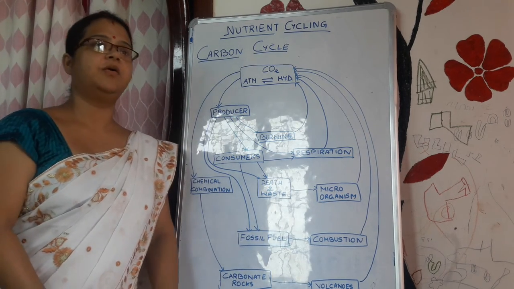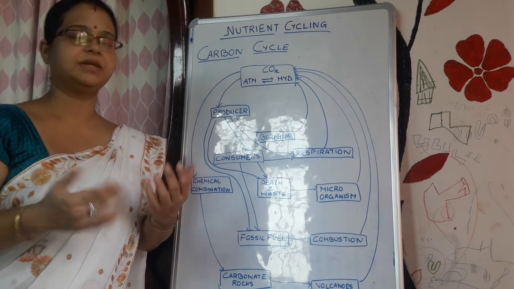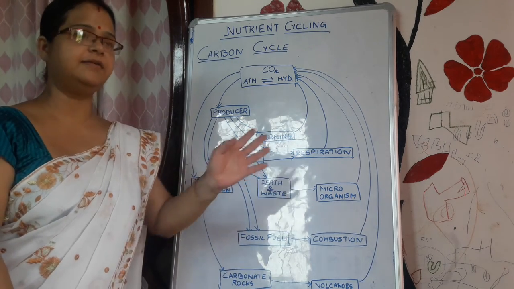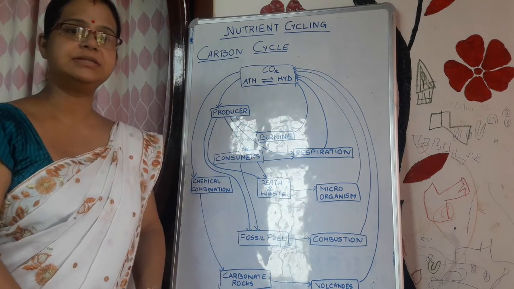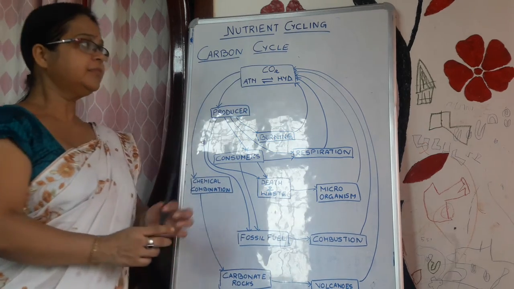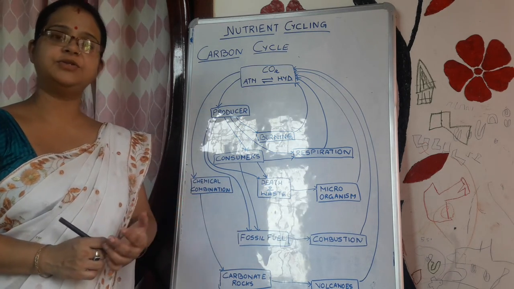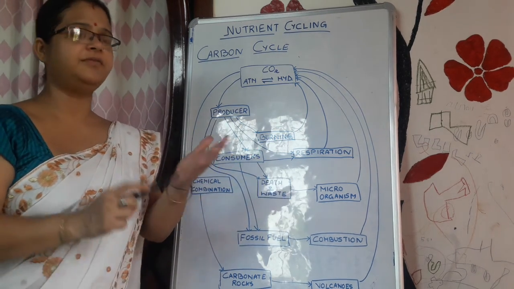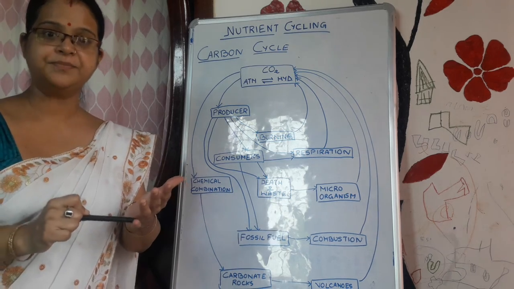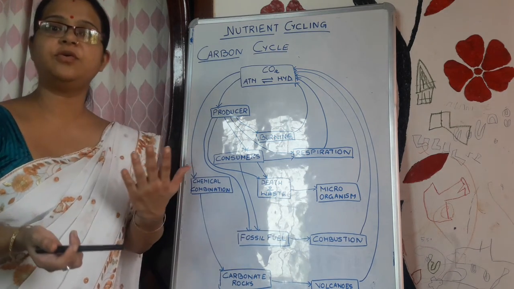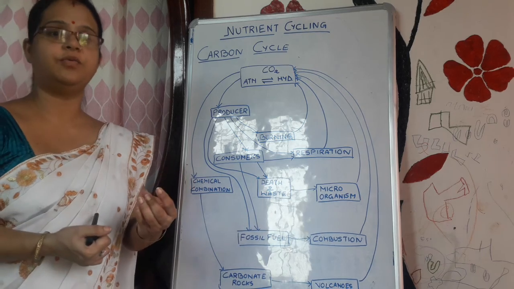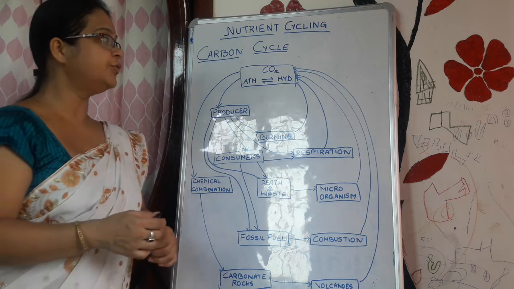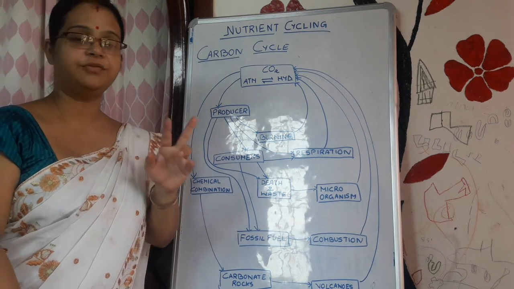That means organisms will take up the nutrients, use them, and after that somehow or the other return them back to the atmosphere. That is called nutrient cycling. While we are studying nutrient cycling or the biogeochemical cycle, we come across different factors. We can know if anything is being depleted or excessively overused, so we can overcome these things and take necessary measures. We will study two different types of nutrient cycling.